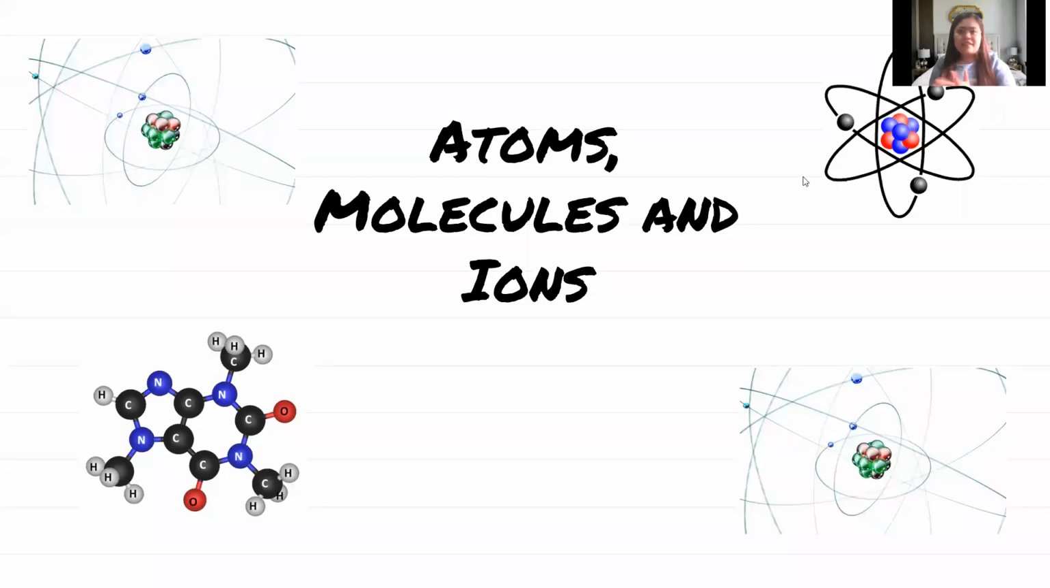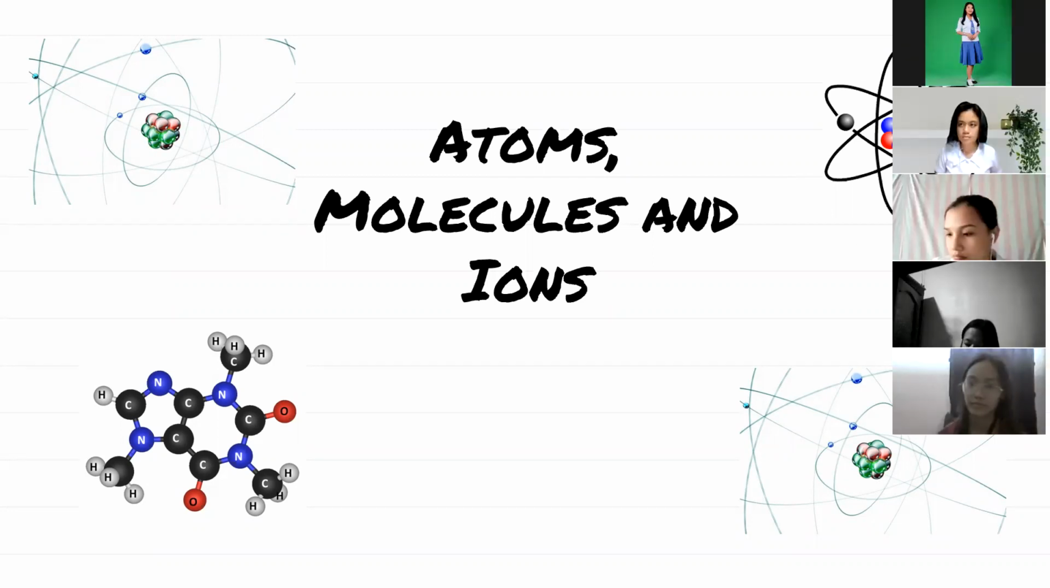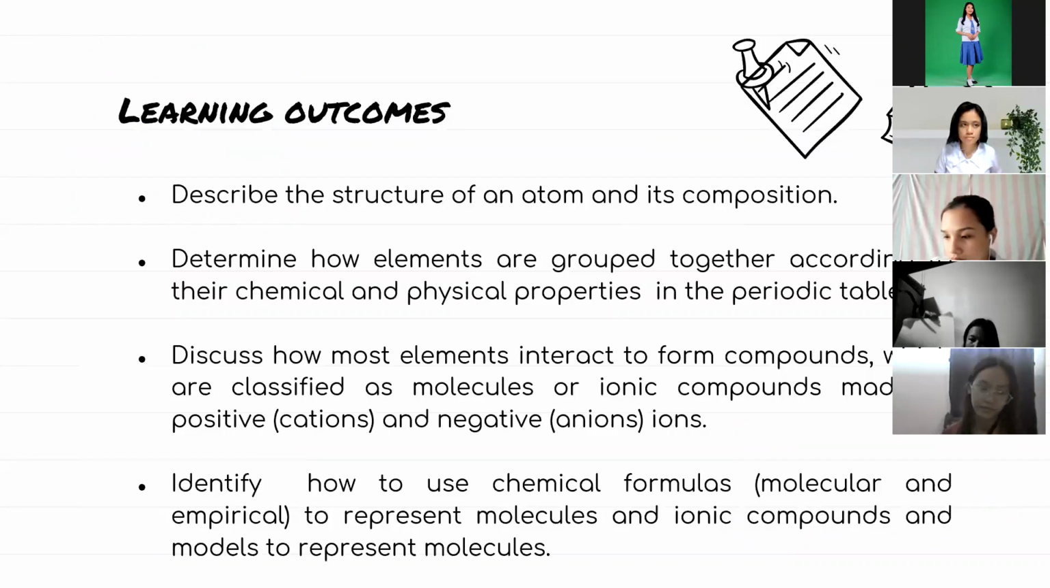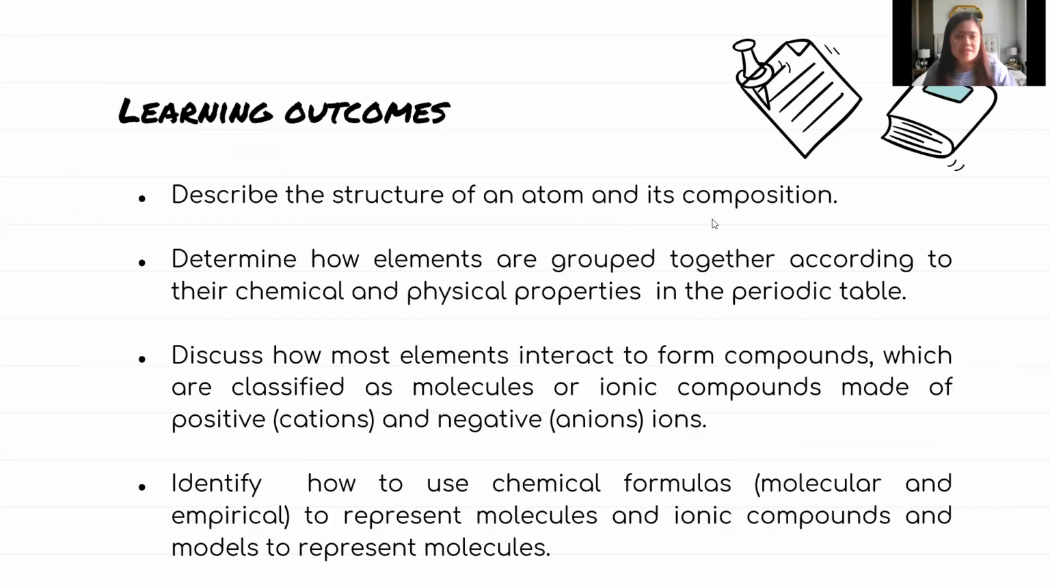Okay, again, our lesson for this morning is atoms, molecules, and also ions. So we have the following objectives for this lesson. Describe the structure of an atom and its composition. Determine how elements are grouped together according to their chemical and physical properties in the periodic table. And then discuss how most elements interact to form compounds,